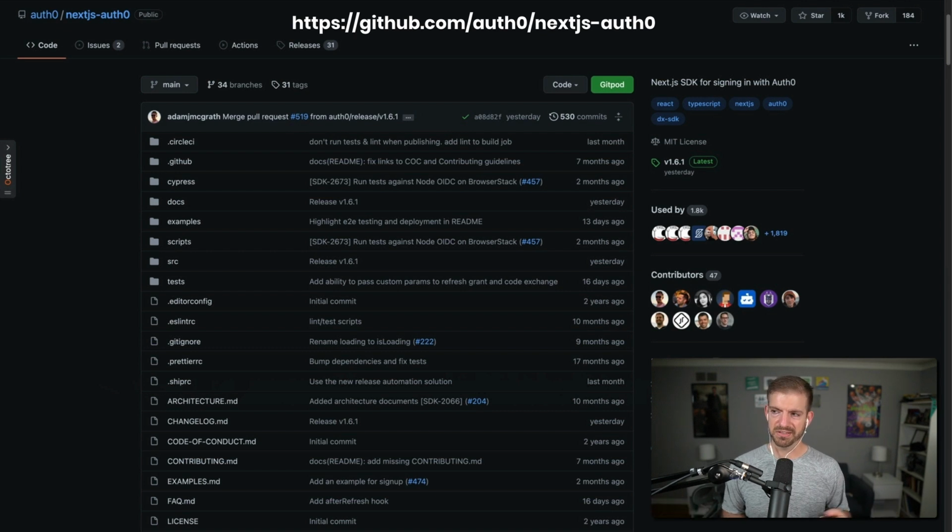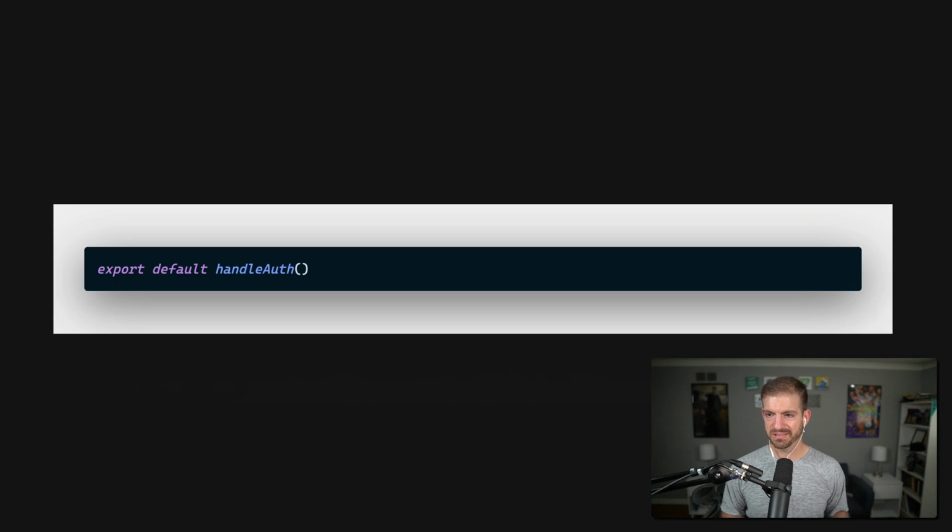Well, you think, all right, you install the package and you do a bunch of things. Well, this is kind of it. You create a file in a certain location. It's a dynamic route handler. And just by doing this and having your environment variables set inside of your .env file, this will generate API routes for /login, /logout, /callback, and technically it's API auth, login, logout, callback, and then me for profile information. Which means those routes now work as serverless functions,